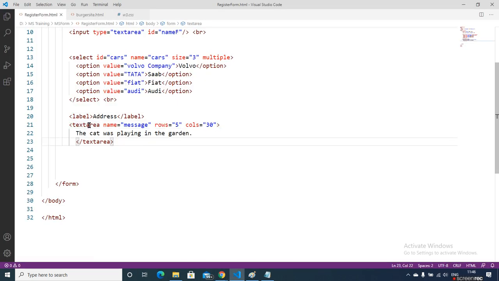Sometimes someone will ask what is the tag for multi-line. Don't panic, it's a text area only. Multi-line text area, or scrollable text box, these words are used for the text area.